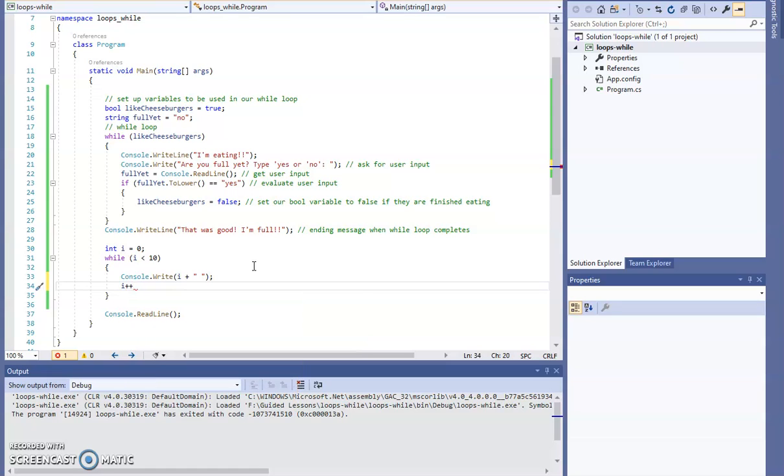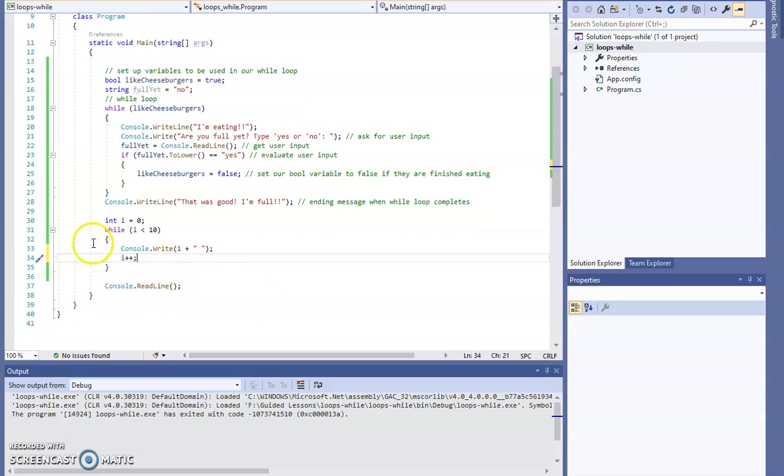So it's a little bit different. The way it works is that if you're using a counter with a while loop, and again, I would probably recommend using a for loop if you have a certain number of times. But again, either one is fine. They work the same way if you're using a counter. The only difference is you have to set up the counter outside the loop. The counter is checked every time the loop goes around, the first time and every time after that. Inside the loop, you do what you